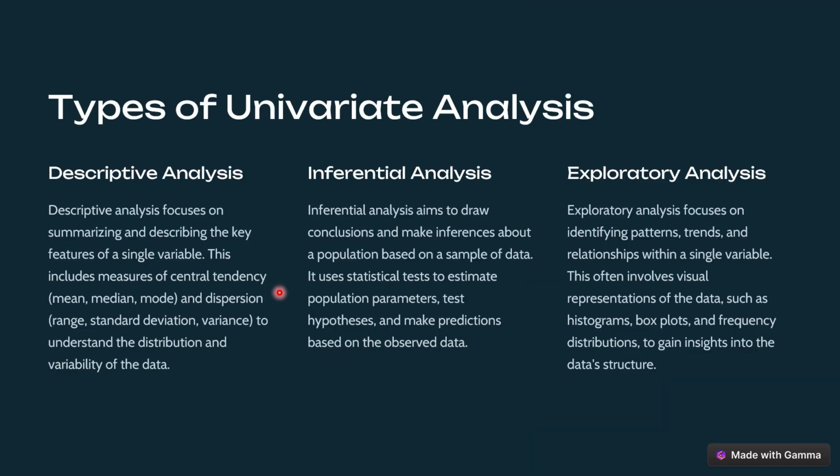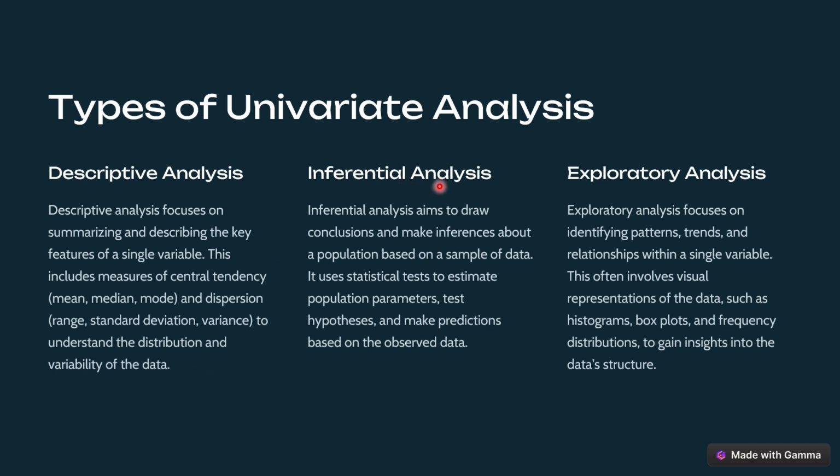Univariate analysis can be divided into three main types: descriptive analysis, inferential analysis, and exploratory analysis. First, descriptive analysis. This type is focused on summarizing the main features of a single variable. It involves calculating measures like mean, median, mode, range, and standard deviation. These measures help us to understand where data is centered, how spread out it is, and what typical values look